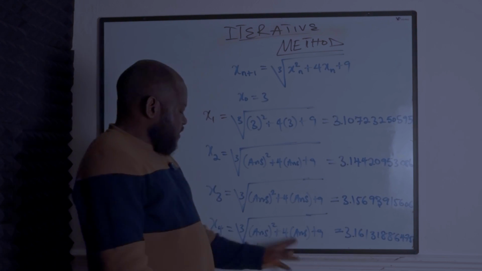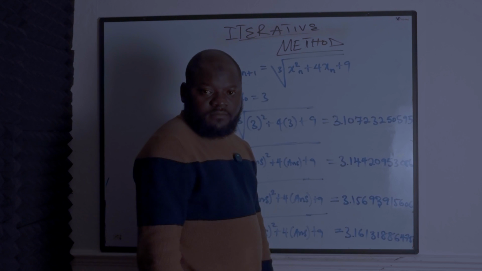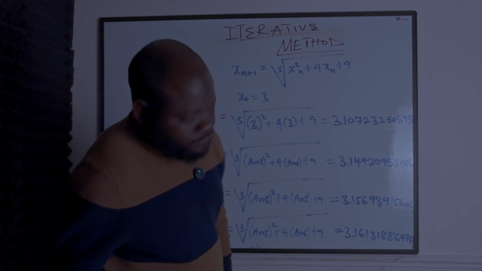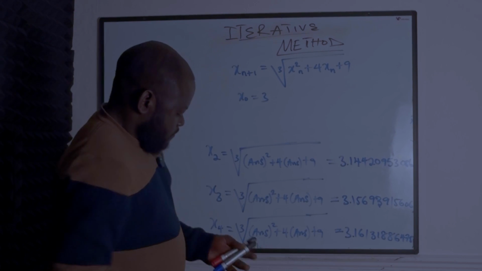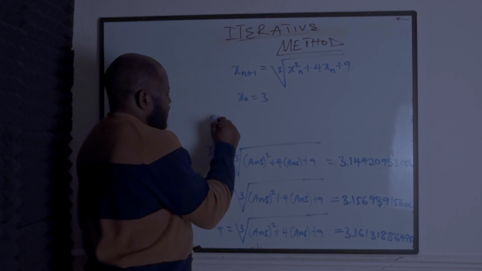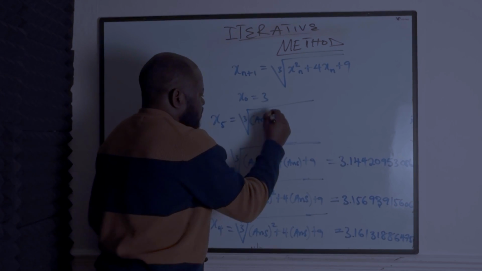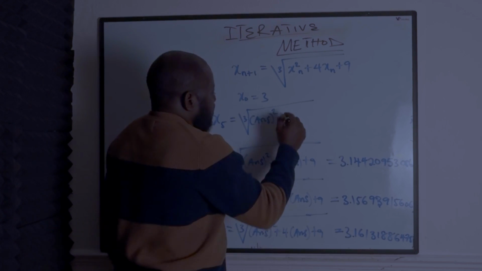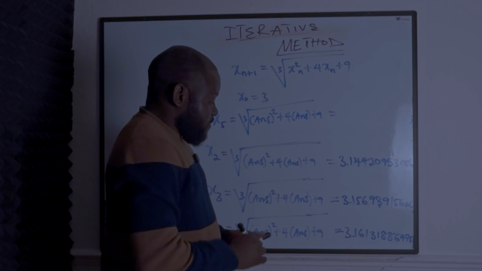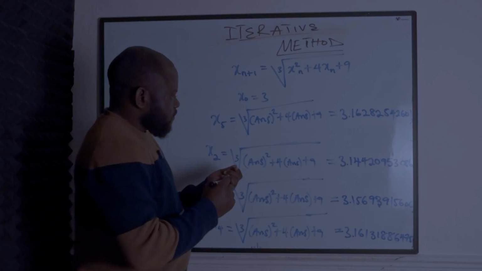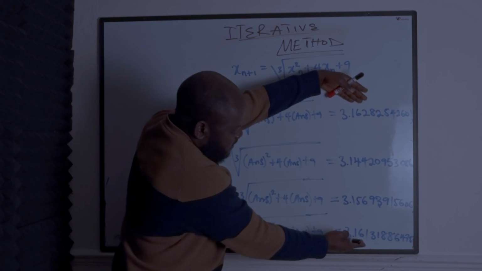But let us not conclude yet. Let us move one step further so that they look very much similar. Is that taken? Good. x5. We'll do the same thing. The cube root of answer square plus 4 into answer plus 9 equals. So this answer now is what we are putting here. So if you look at it now, if you round it up to 2 decimal places, it's the same thing